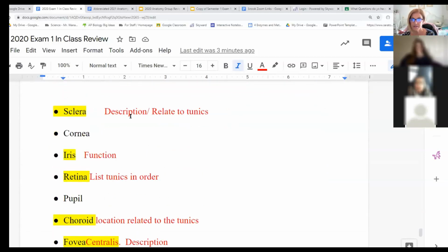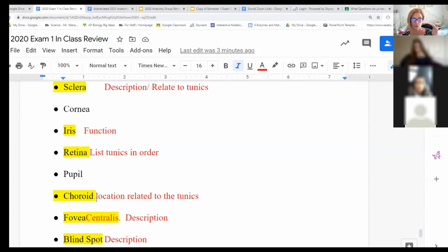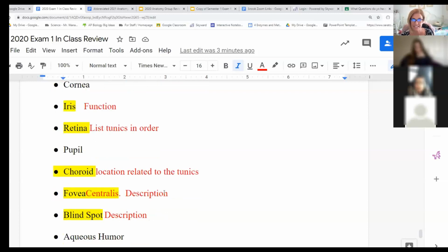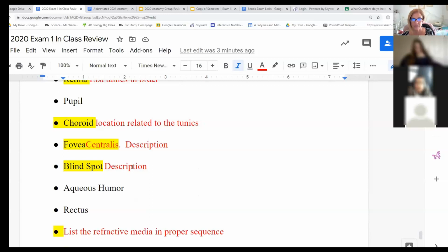And then the sclera, you want to know that it's the white of the eye. You also need to put your tunics in proper order. So sclera being the outermost tunic, choroid middle, and retina innermost. So for those, that's all you need for that. Iris controls the size of the pupil. Fovea centralis description, so you want to know that it's the area of the greatest concentration of cones, greatest visual acuity. Blind spot description, so not where you can't see, but